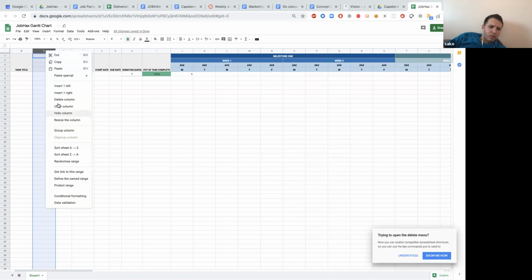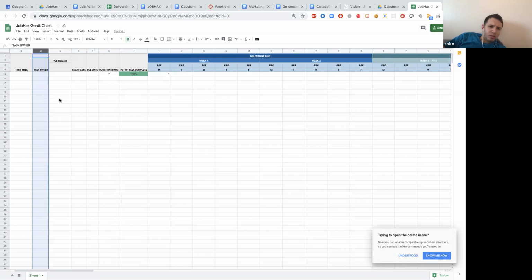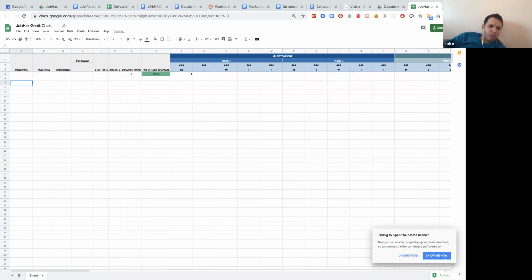No. Do we have a grade column? Milestone. Is it milestone or task name? Or okay. We can say milestone 1 and task. What is that?